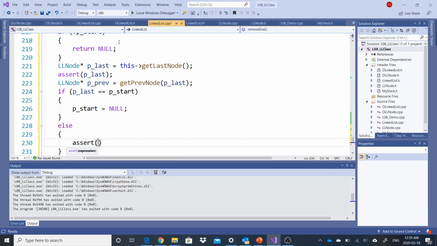so I can actually even do an assert on this one, p previous. I really have to have a previous element. If I have more than one element, there's always going to be a previous. So I'm just going to assert this, if something was wrong with my data somehow, I want to catch it early. So my assert is equal to previous, and then what I need to do immediately after